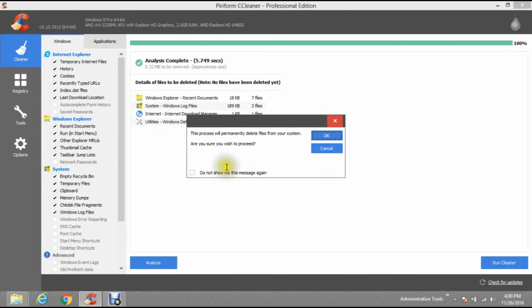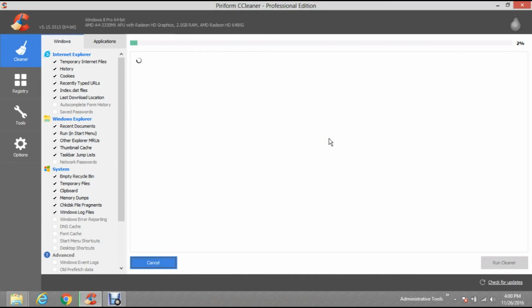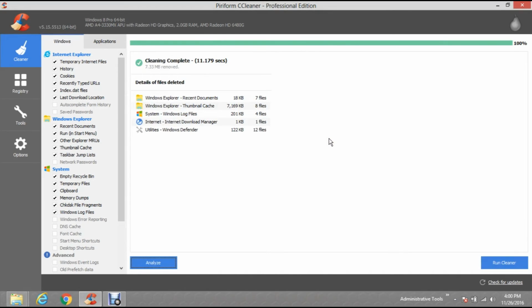And if you click on Run Cleaner, you will be cleaning all the junk out of your PC. You don't have to multi-click on various options in CCleaner. It just needs one click to do so.